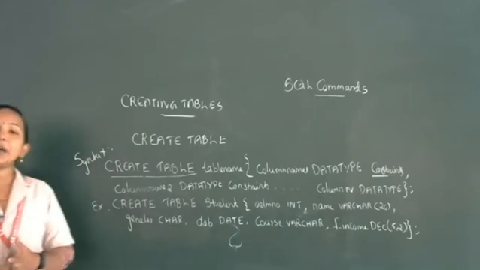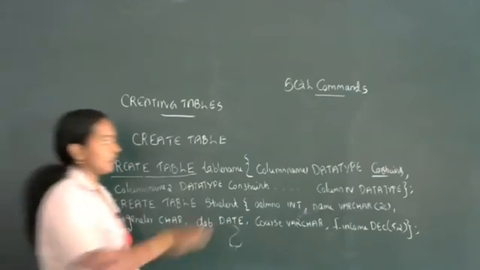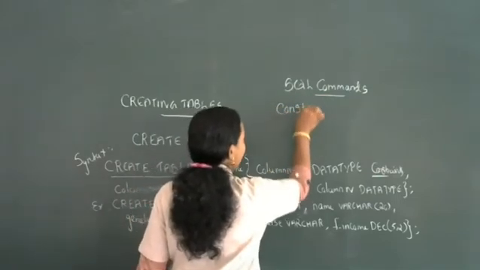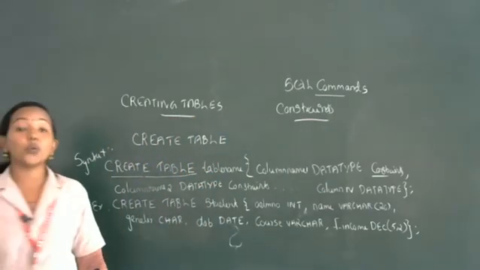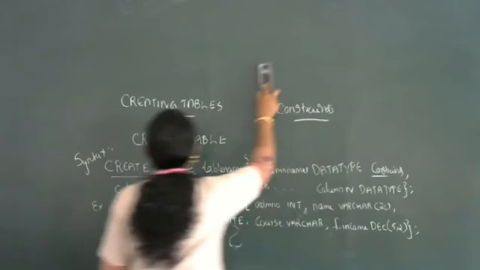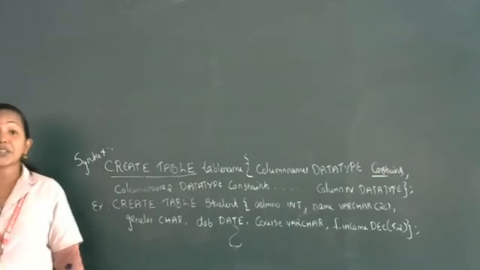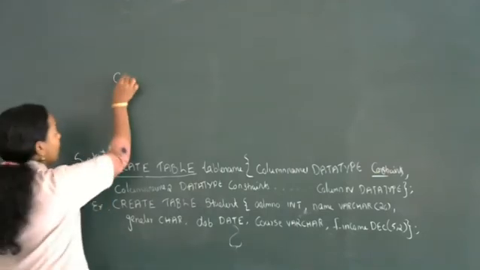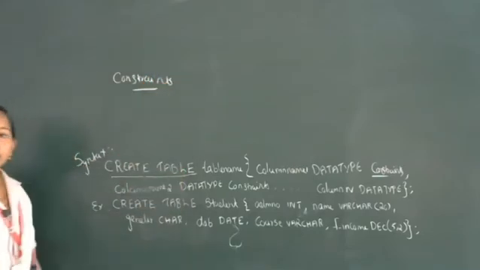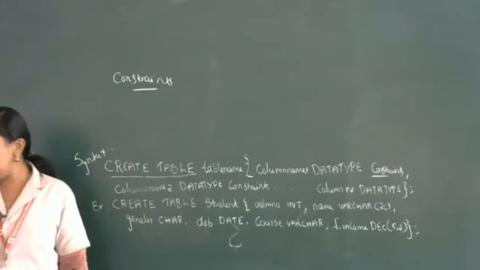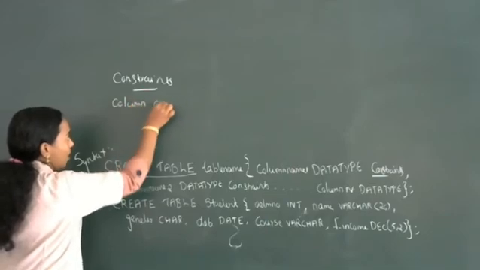So we can give some amount of restriction to this kind of table with the help of constraints. Which one are we using? Constraints. Constraints mean these are the rules. When we are creating a table, we can give some kinds of constraints to provide some kinds of restriction to our table. So constraints we will discuss next. What are the different types of column constraints that we are using in SQL? The first one was column constraints. We will discuss different column constraints.